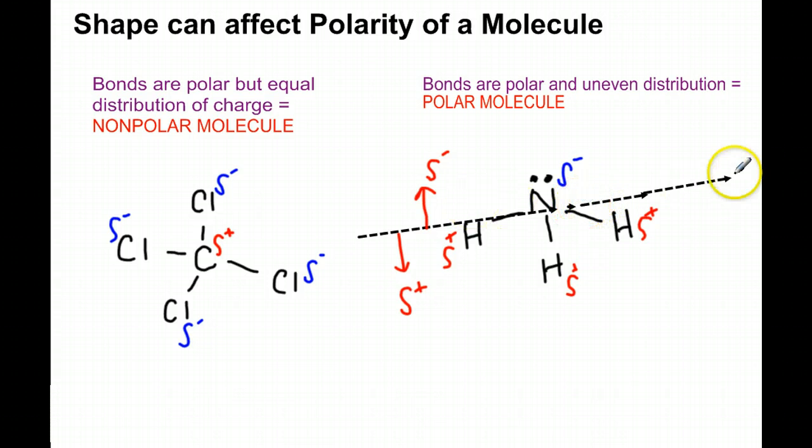So if we can draw a straight line through a molecule with negatives on one side, positives on the other, that makes it polar. Remember I said in our bonds yesterday that if one side was negative, one side was positive, it's called a polar bond. Same thing happens with the overall molecule. Okay,